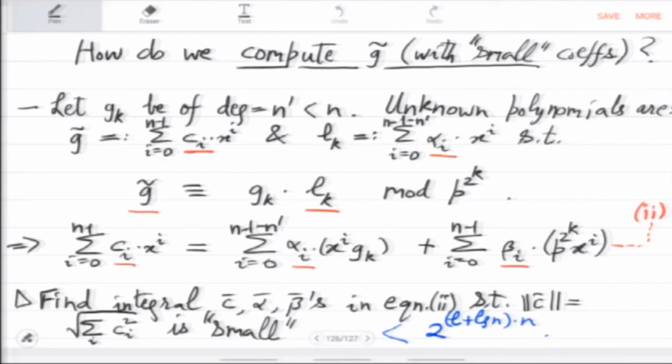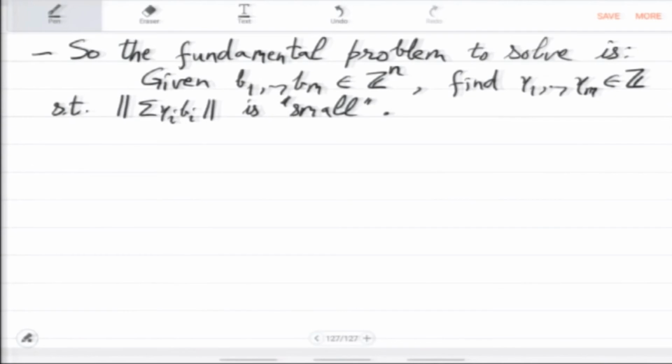Basically, to get from this equation to that fundamental problem, you find an integral basis of this, and then just ask the question for that basis. The sum of gamma i bi that you will find, whose norm is small, will correspond to C bar. So you are interested in finding that C bar. We call the sum of gamma i bi an integral linear combination, or Z linear combination, and the set of these combinations is called a lattice.